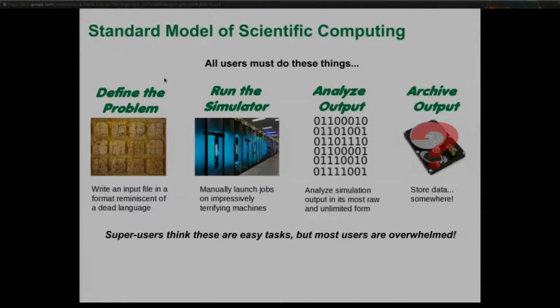Lastly, archiving the output. This is a big challenge. I'll admit the red question mark means that my team has not really tackled this because it's a big issue. But in our communities, we have a lot of different requirements on the data that comes out of simulations, the data that goes into it, the executables, and the source code for those executables. For example, in the nuclear community where we do a lot of work, if something is used for a license evaluation for a nuclear reactor, it has to be stored on hard disk, and maybe in some situations on tape, for 40 years or the life of the reactor, whichever is longer.